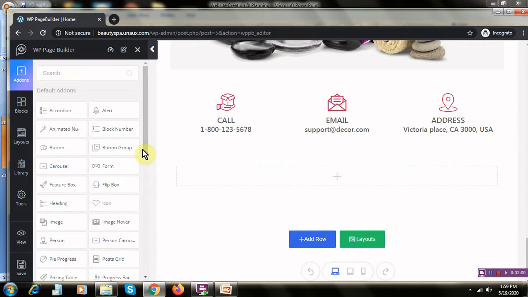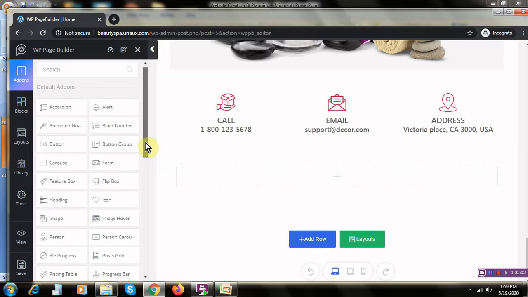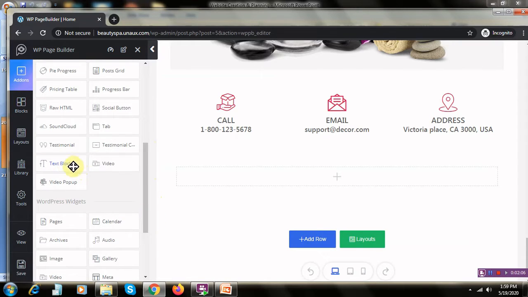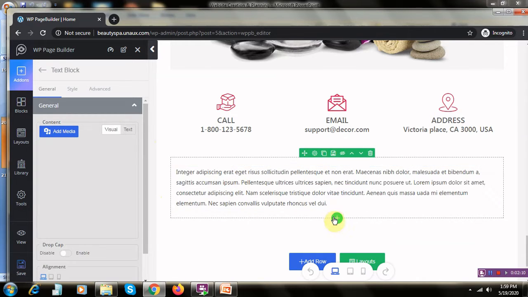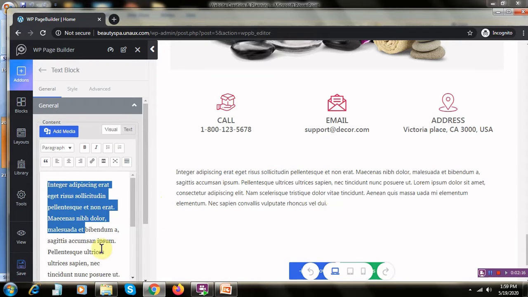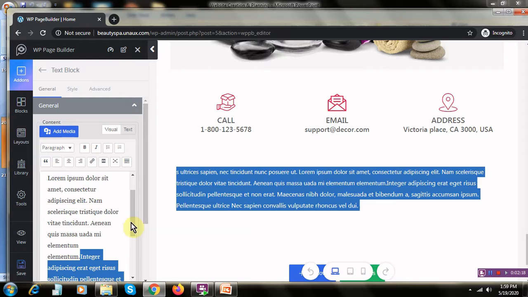Now I want to insert some text. Now if you want to insert some text, scroll down, you can see this text block here. Now this is the text that you can go ahead and edit. Now this is the default text that has been written.